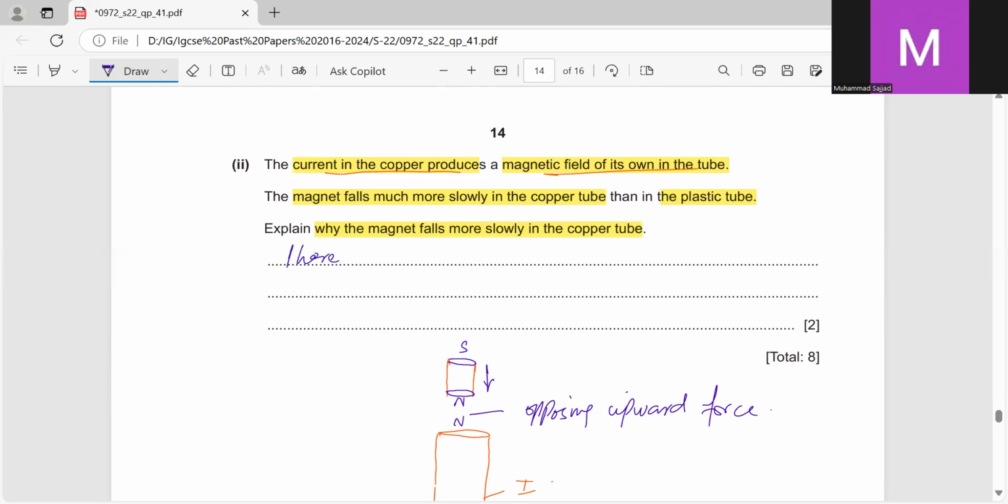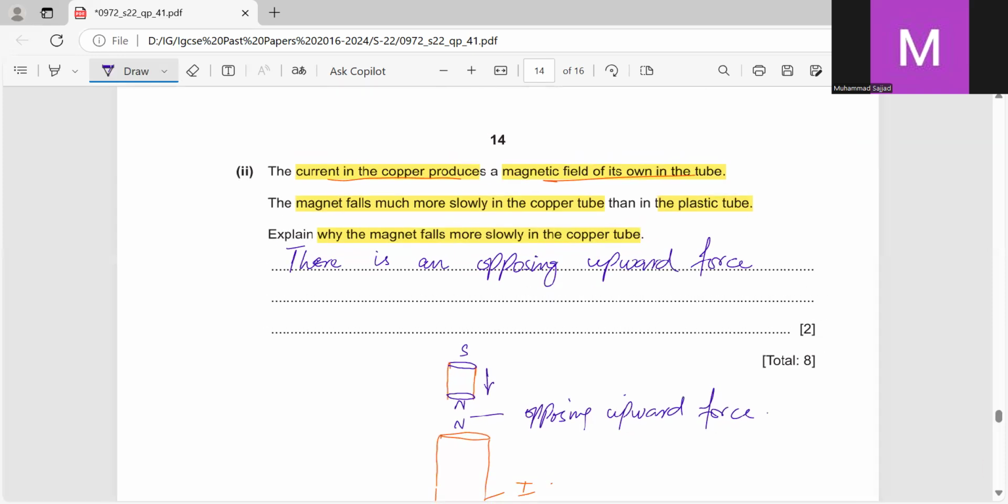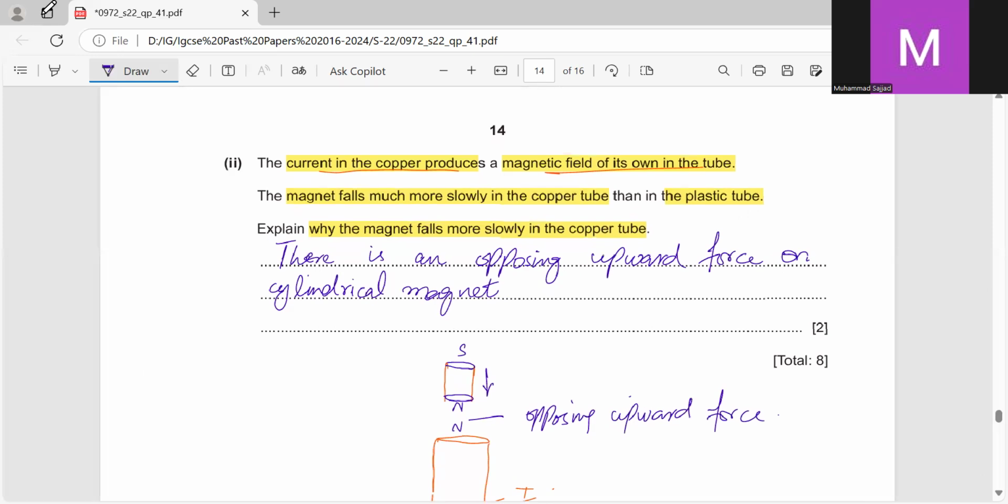So there is an opposing upward force on cylindrical magnet, which is 1 mark. And then we can say